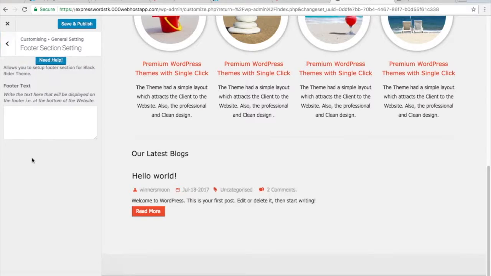The last thing is the footer, which is going to be displaying the footer side. You can see here a line that is separating the content from the footer, and you can put your information as well. You see here, as I put the contact name as Winners Moon, and then today's date, and then this is the end. Categorized: you don't have any